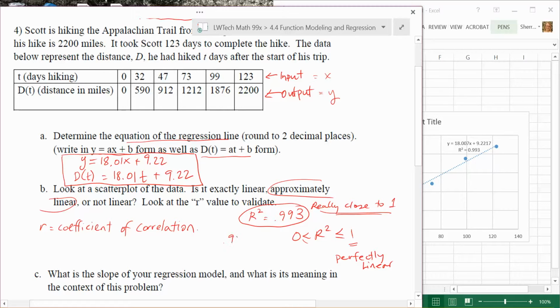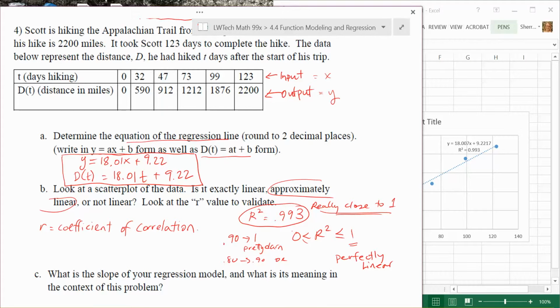If I'm in the 90%, like 0.9 to 1, then this is pretty darn good. My equation does a relatively good job of approximating the data. If I'm in the 80s, it's okay. And once we get in the 70s, it's not quite as good. And as we get lower and lower, then we're failing,